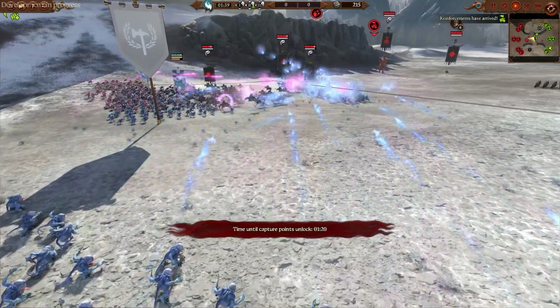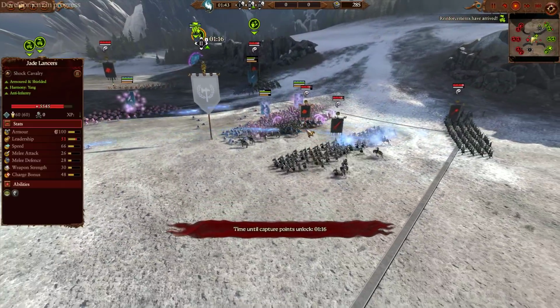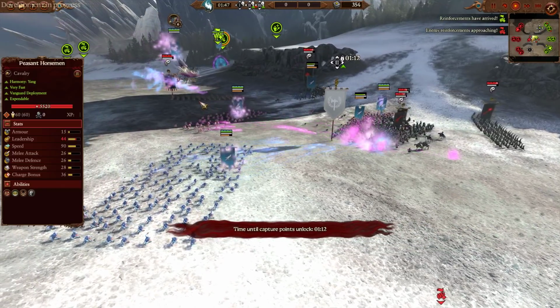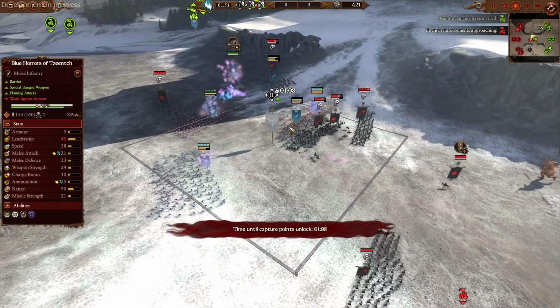And look at these plasma grenade style laser beams launching in on the enemy. Lots of color and lots of death, though. It looks like Inticity is having quite a good game already. He's whipped some peasant horsemen up and around the flank, and they're starting to dominate the central point with all